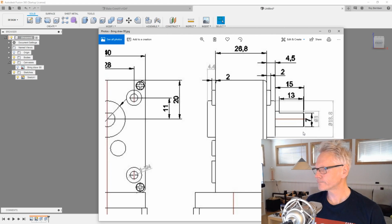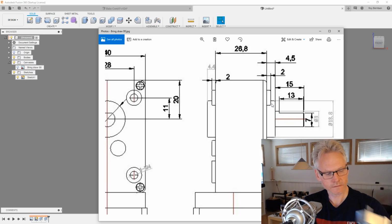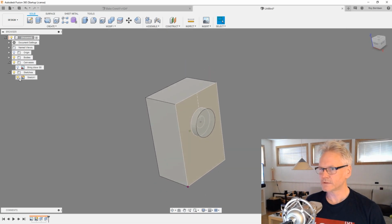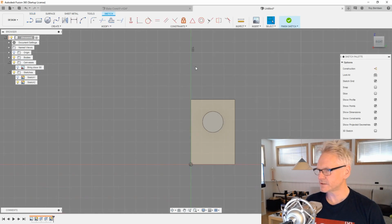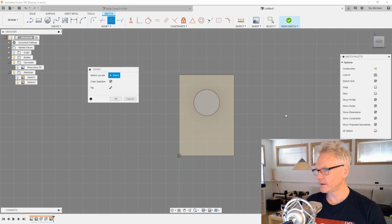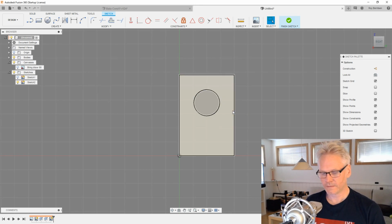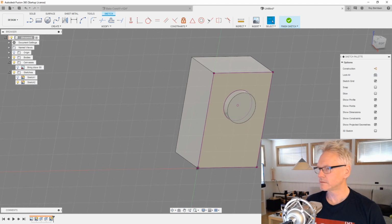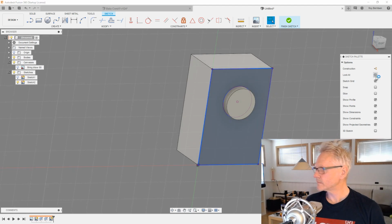And in our drawing, in our sketch, I didn't draw in the other stuff here, so I want to do that now, just finish that face. And to do that, I want to start a new sketch onto this guy. Sometimes it's better just to have more sketches rather than everything in one sketch. Can be a little bit of a hassle later. So I'm gonna project my face, so I'm gonna hit P on the keyboard and I'm just gonna click the face I'm working on,